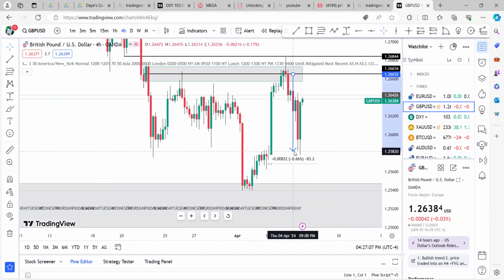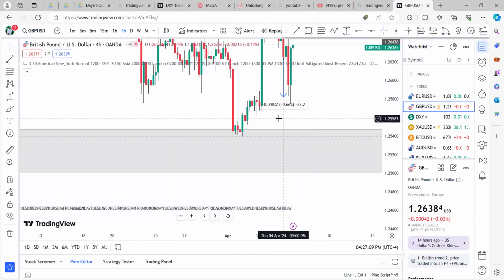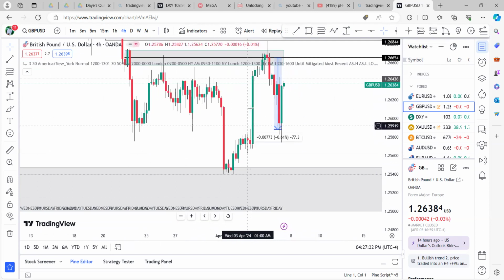And you can take partials because I was expecting this swing low to be taken and then these equal lows to also be taken. But since it didn't go to that level, I would have taken partials with this imbalance. Sell side imbalance, buy side inefficiency. Yes, so this is an imbalance here.